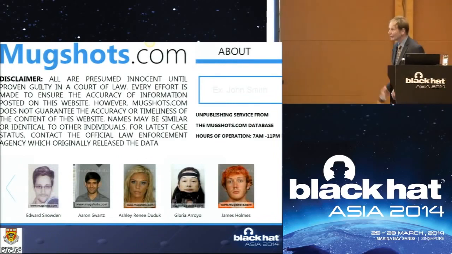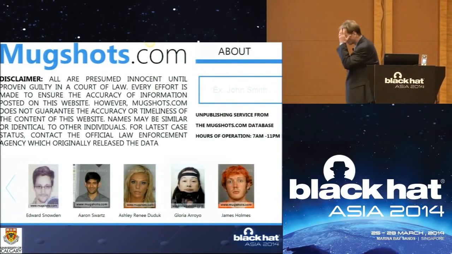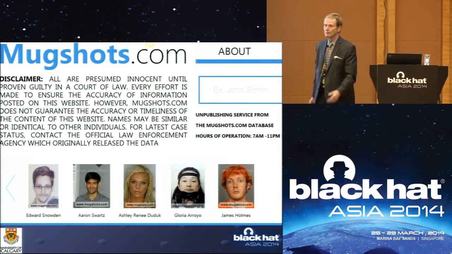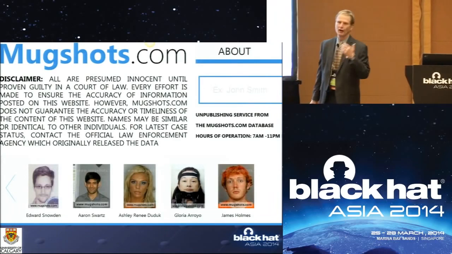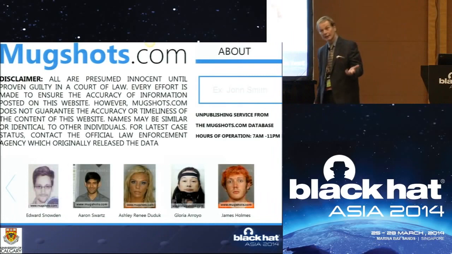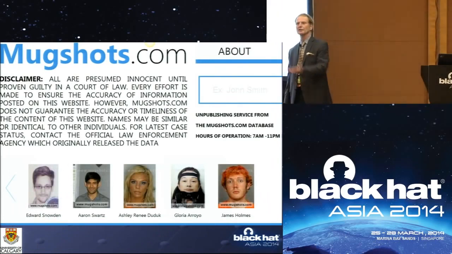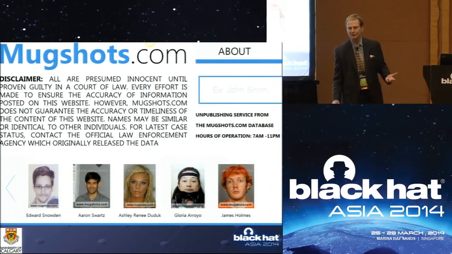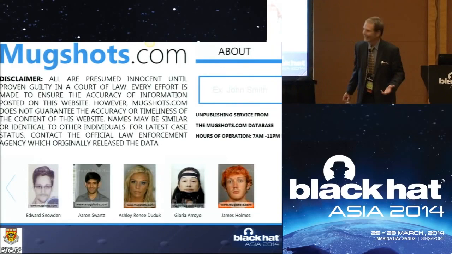So this is legal. It is gradually being fought by state of Oregon just outlawed it. But the people who are really going to kill this are the credit card companies and Google. How are they going to do that? The credit card companies are going to stop allowing the mugshot people to take credit cards, which will make it very hard for them to take your money. They'll have to use Bitcoin or something like that, and that's pretty dicey.